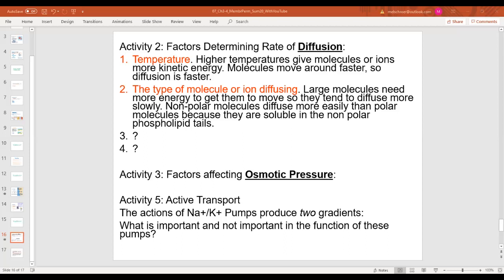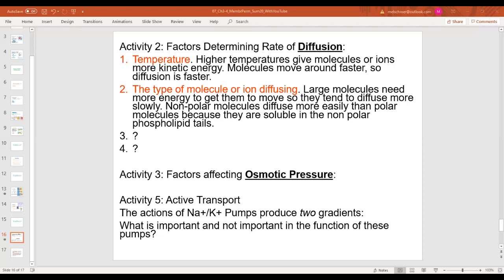There will be 3 activities. In the first activity, you're going to start learning about what actually affects the rate of diffusion. And so in our very next lesson together, we're going to learn about how neurons work, and you'll see that it is critically important for the function of the neuron, and therefore the function of the entire body, to actually change the permeability of a cell to different types of ions. That is, change how much diffusion can actually happen depending on what is going on in the body and the